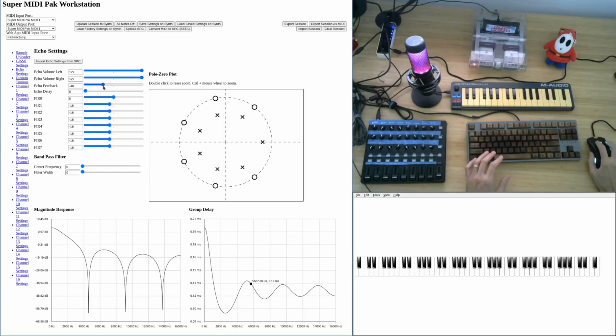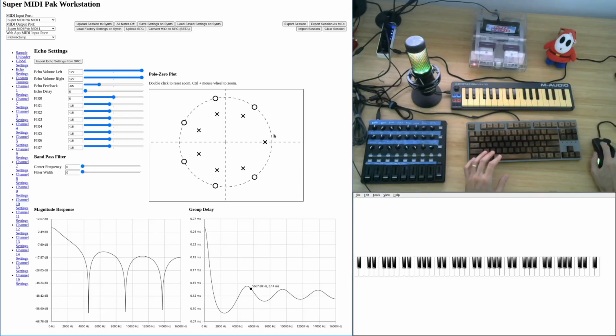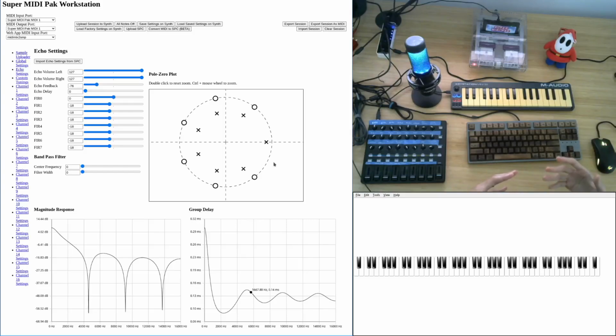So you can see that as we increase the magnitude of the echo feedback, this pole is getting closer and closer to the lower frequencies here. And so what you would expect is that when I play the sample sound, I'm going to get even more of a sort of amplification of the lower frequencies than I would without the feedback. So this is how that sounds.